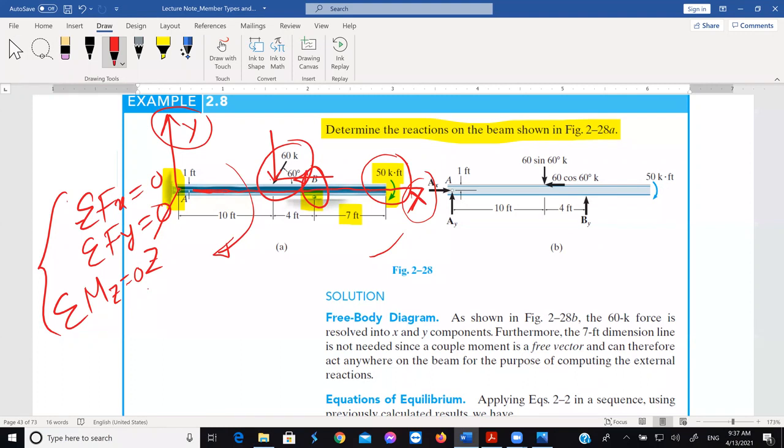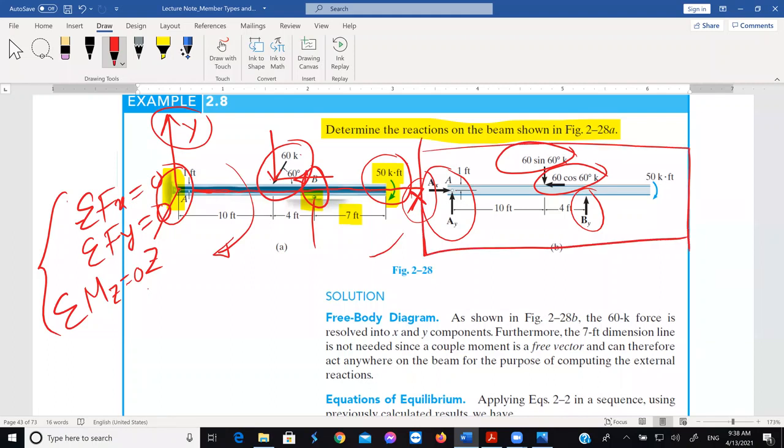Okay, so here we have just resolved our 60 kip inclined load into its vertical and horizontal components. We know at the left support there will be one vertical reaction and one horizontal reaction, which are shown here as Ay and Ax respectively. And at roller support B there will be just one vertical reaction, which is By. And that's the idealized structure for me.